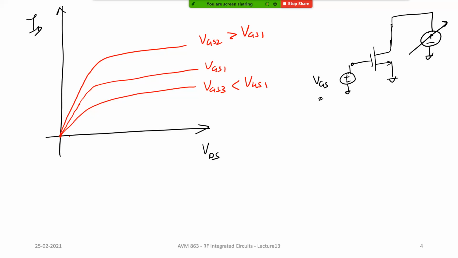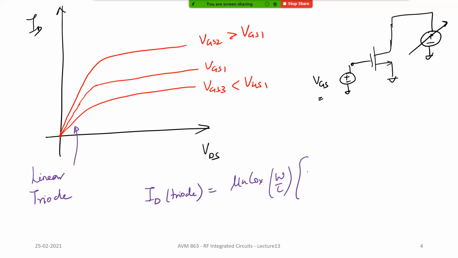Now, this region of operation is what is called the linear region, or it is also called the triode region, where the current is directly proportional to the VDS that is applied, and therefore